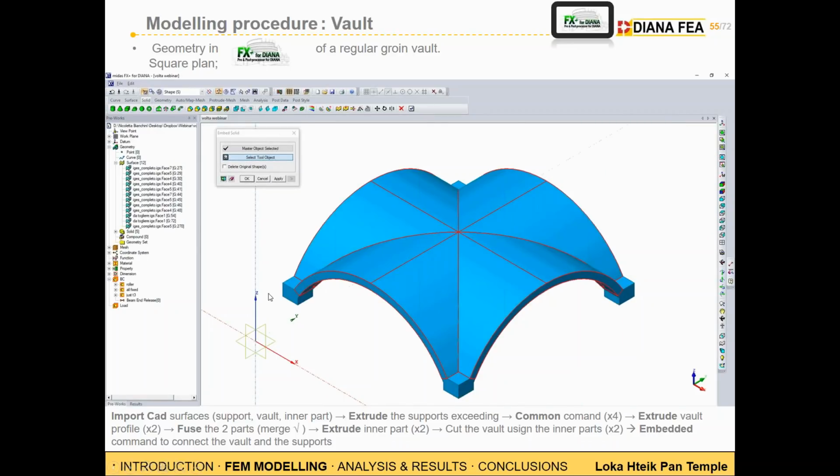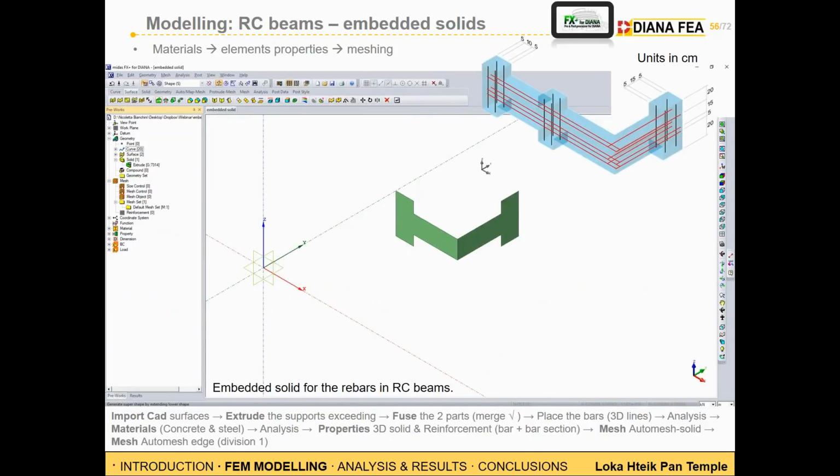We do, at the end, embedded solid. That is not what we are going to explain later on, but it's just a command to assure the connection between the supports and the growing vault. Now, as already anticipated, we are going to explain how to create embedded solid,